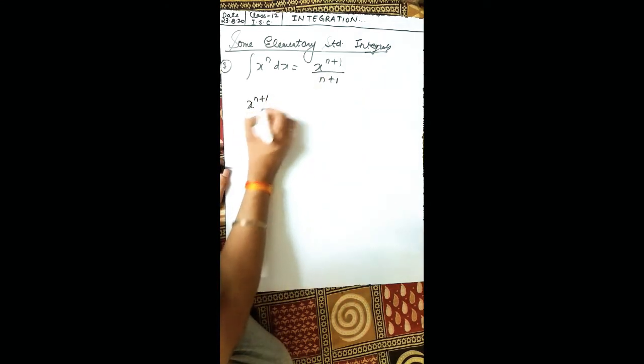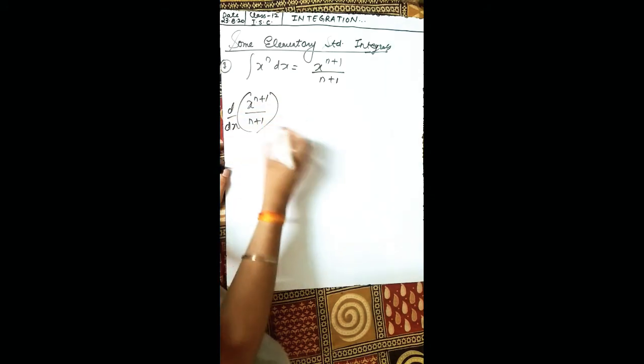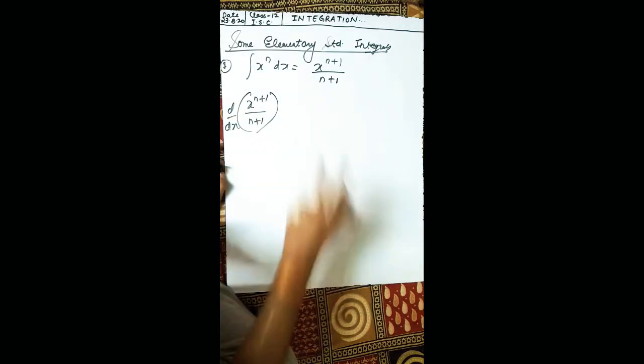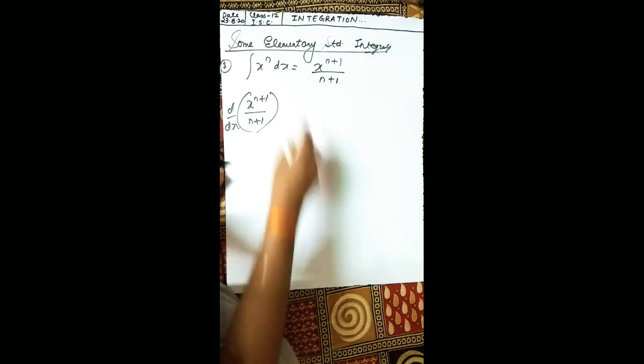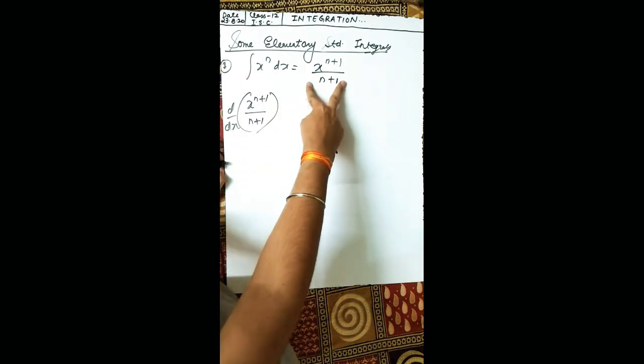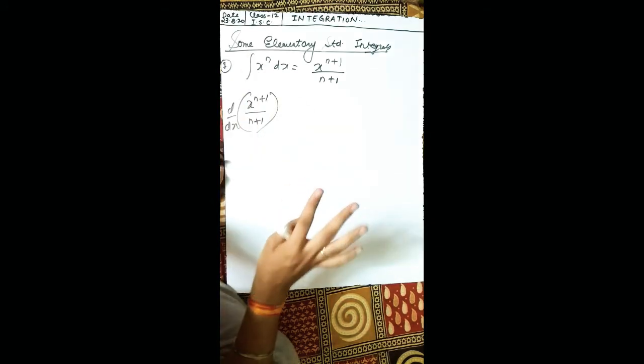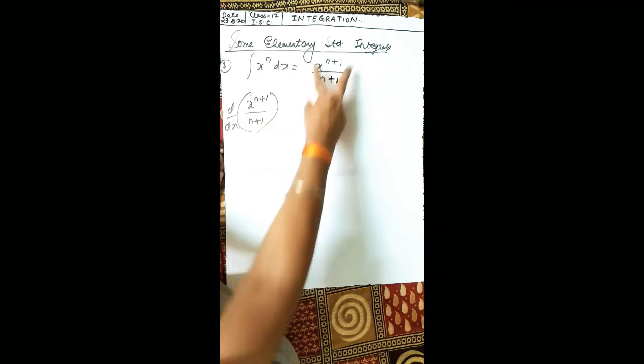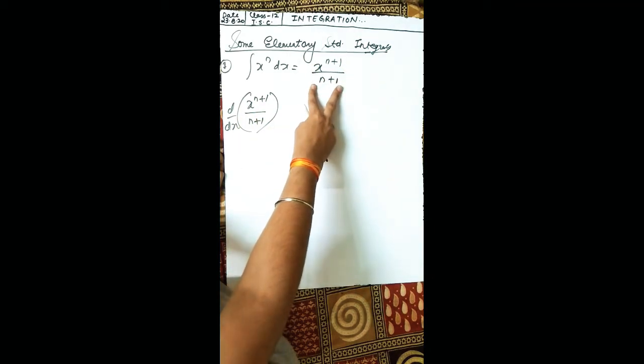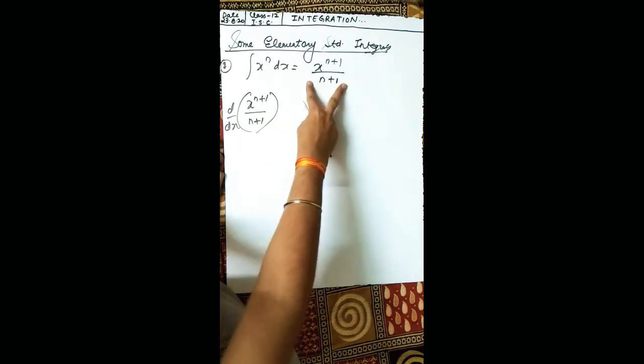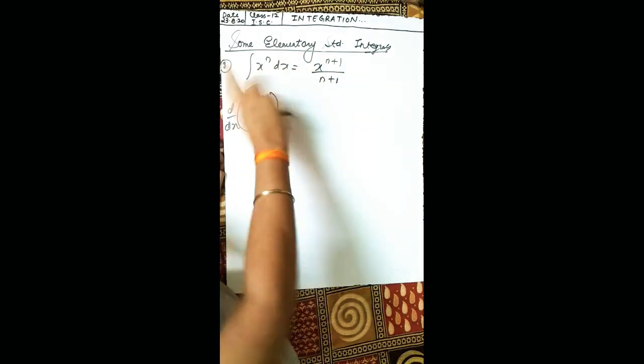So you take the RHS. If I differentiate this RHS, then I should get x to the power n. Why? Because this is a back to home process, no? The integration of this is this, so the differentiation of this will be this, no? Are you understanding what I am trying to say? The integration of x to the power n is x to the power n plus 1 upon n plus 1. Now if I differentiate this, then I should get this because this is a reverse process.